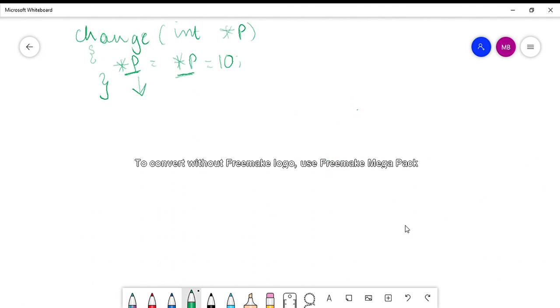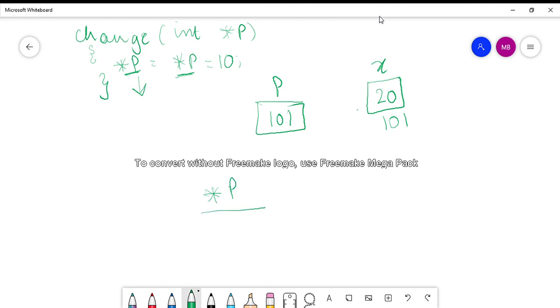Now if x has the value 20 and the address of x is 101, and p is the pointer variable, that means p is not storing the value of x, p is storing the address of x, which is 101, right? So when p is storing the address of x, and when I say pointer p equals pointer p plus 10,